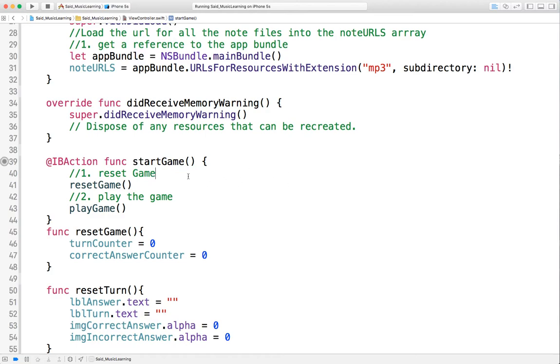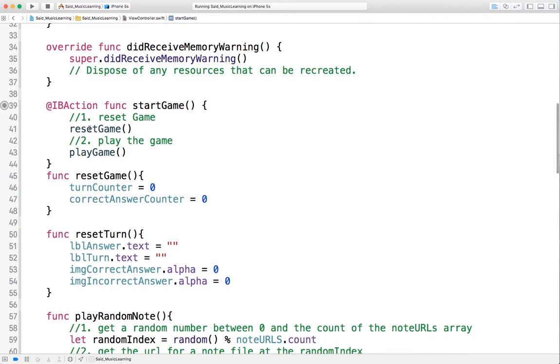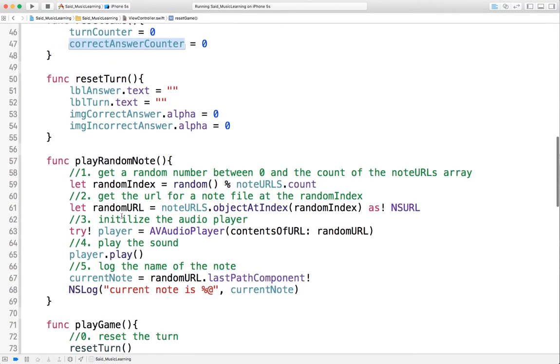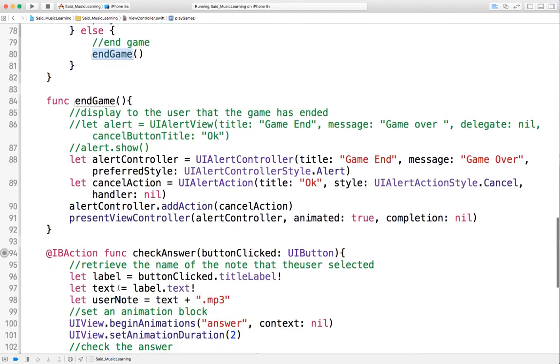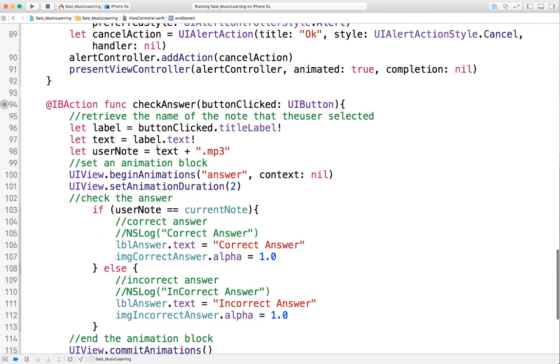So at the start of the game, we do two things: reset the game and then play the game. In reset the game, we set the turn counter to 0, so we are starting another game from 0, 1 to 3. We set the correct answer counter to 0, so we are calculating a whole new score. In the play game, we reset the turn, check the number of turns, and either go to play random note or go to end game. In the end game, we construct the end game alert, and in the check answer, we